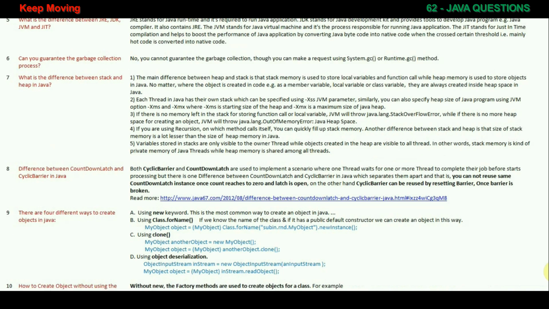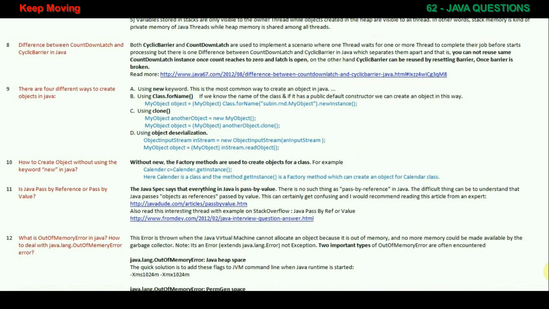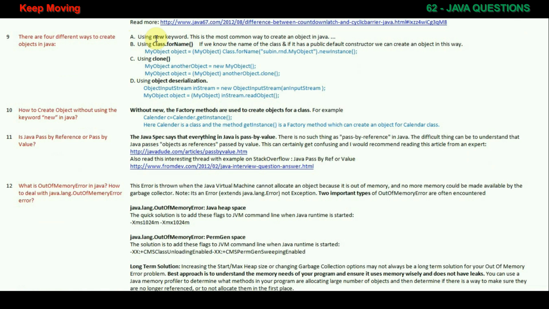Question number 9. There are 4 different ways to create an object in Java. A. Using the new keyword. This is the most common way to create an object in Java. B. Using Class.forName. If you know the name of the class and if it has a public default constructor, we can create an object in this way. MyObject object = (MyObject) Class.forName("subin.rnd.MyObject").newInstance();